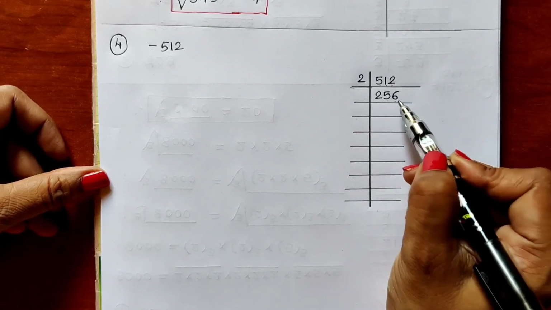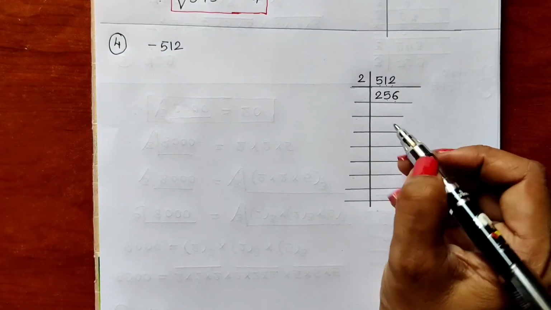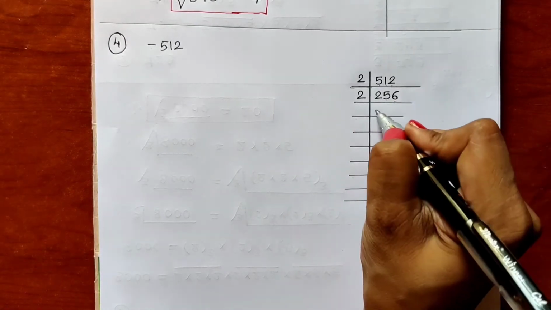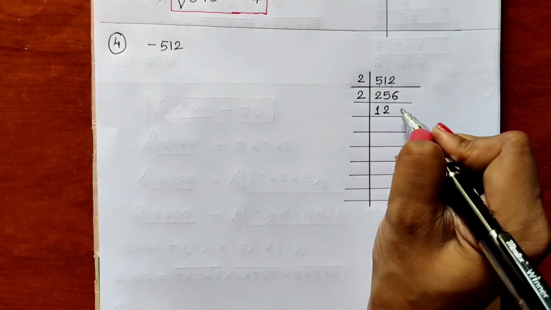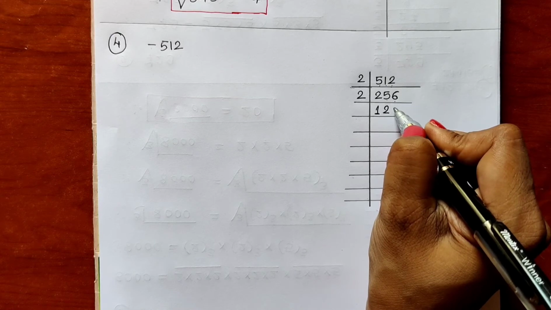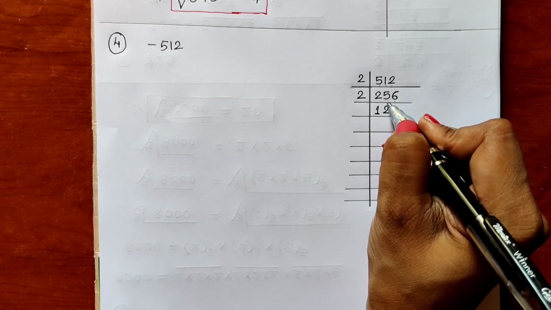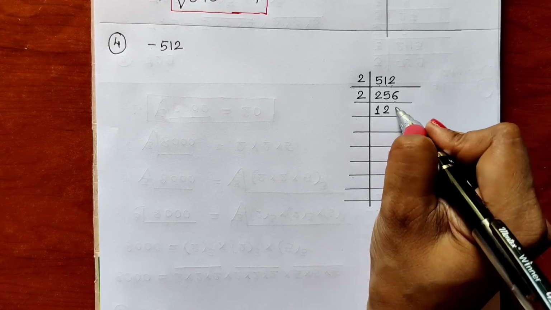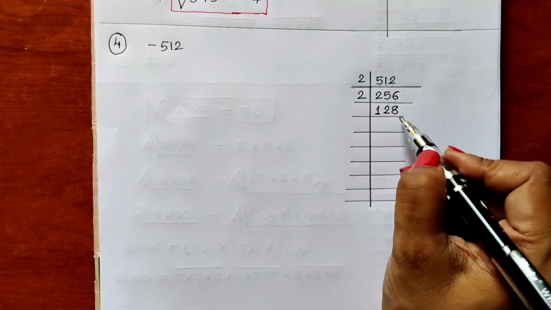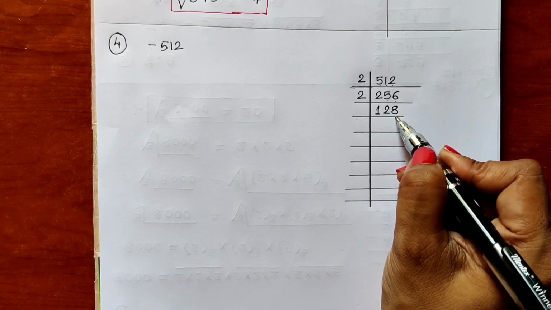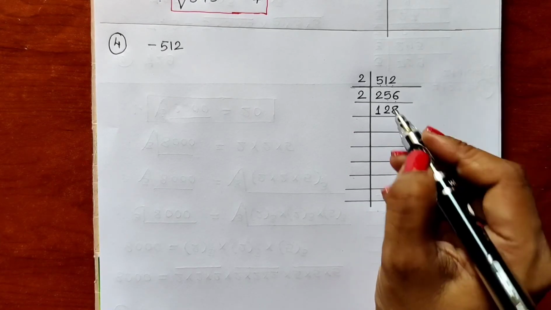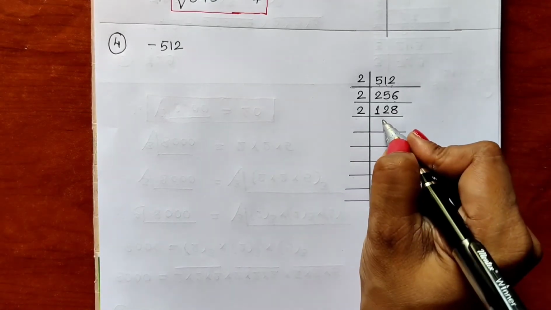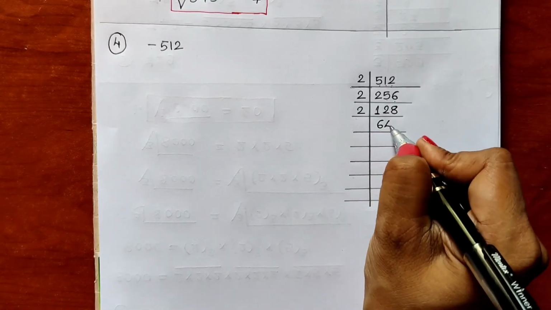6 is in the unit place, which means this is an even number. Again this is divisible by 2. 2 1s are 2, 2 2s are 4, and then 5 minus 4 means 1 remaining, this 6 means 16, 2 8s are 16. Again 8 we have got in the unit place, that means it is an even number, it is divisible by 2 again. 2 6s are 12, 2 4s are 8.